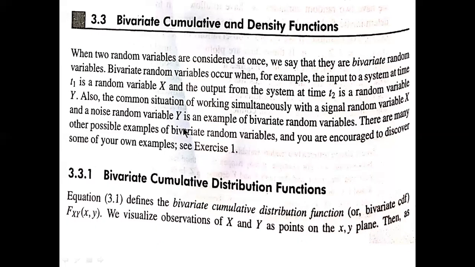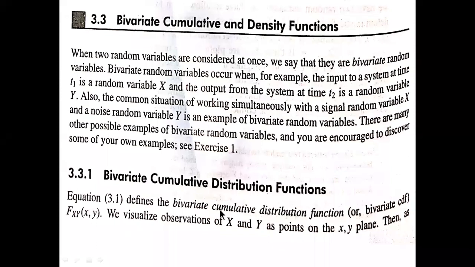Similarly, by some means of transformation passing through the system, the noise might get suppressed, or the noise might get increased. All these things might happen. Thus we get a correlation between the different quantities there. So we have here the bivariate cumulative distribution function, CDF, first, and then we'll go for the density function.